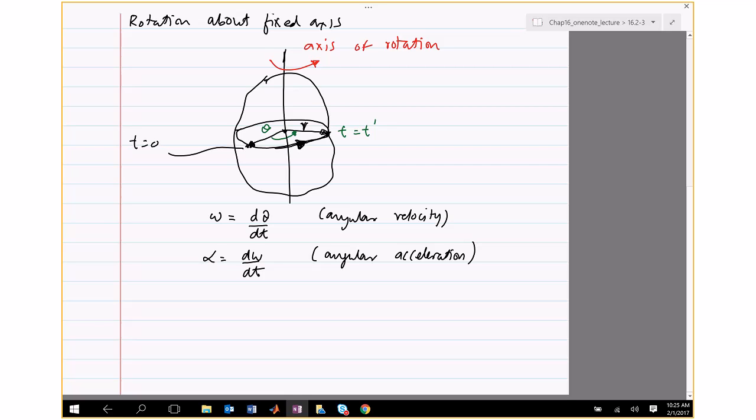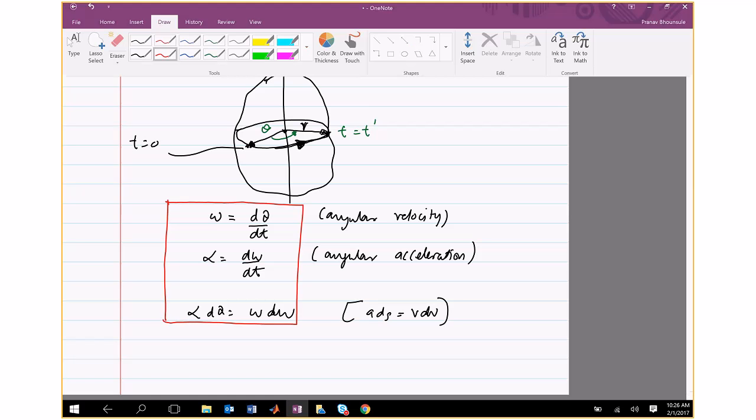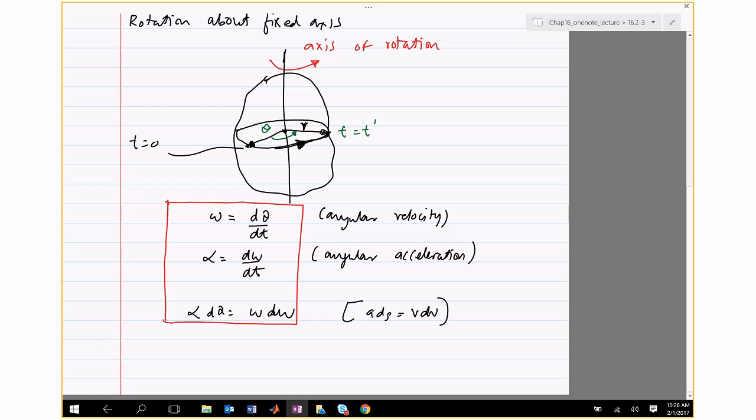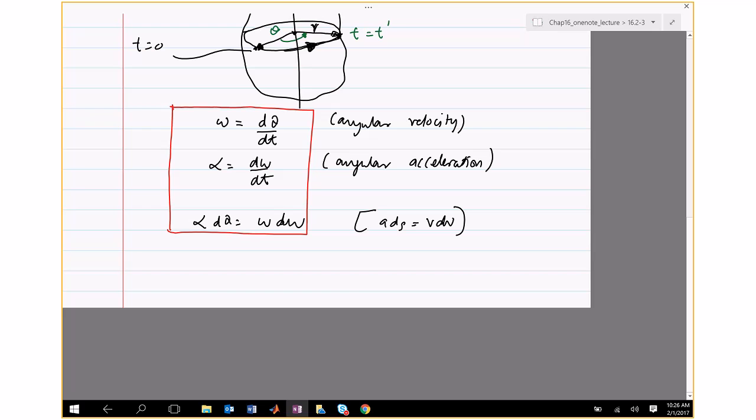Another formula which is important, so this is analogous to what we did in motion in a straight line. You can also write alpha d theta is omega d omega, and this is similar to v dv is a ds, right? This is the linear analog for this equation. So these equations are the key equations for rotary motion, and then you can integrate these equations just like you integrated the equations when things are moving in straight lines